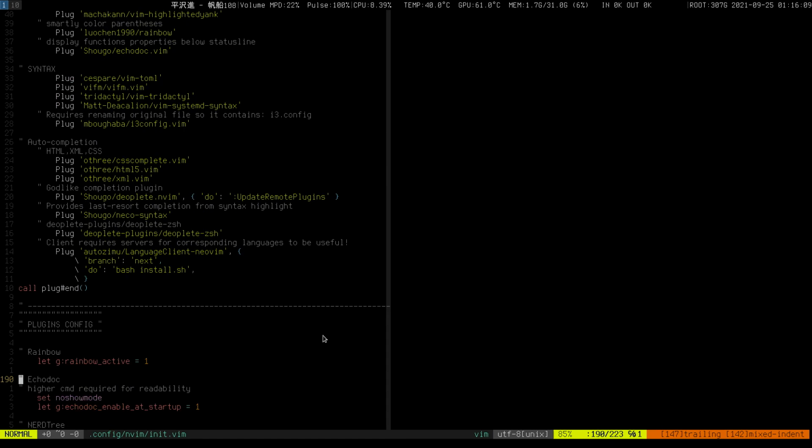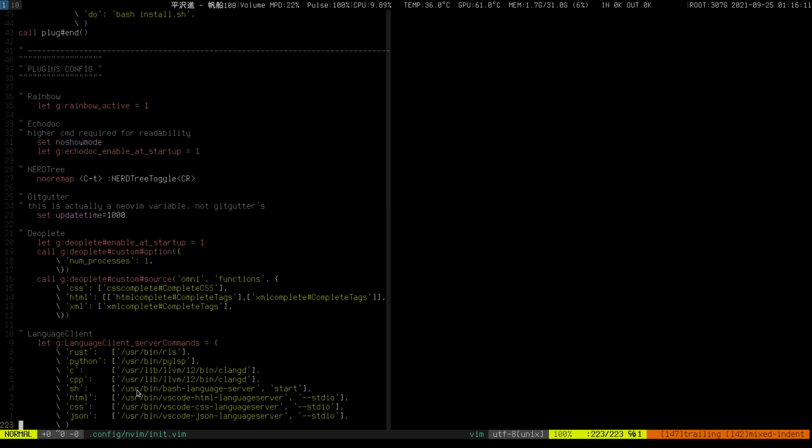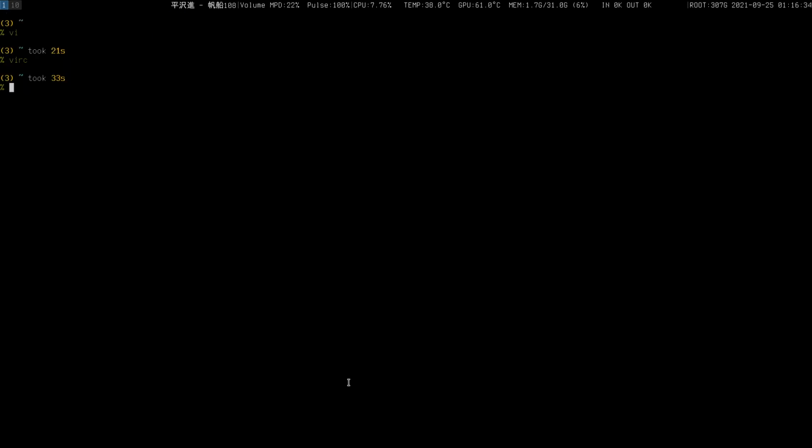I think so, though there are some language servers, like I'm using VS Code language servers because they actually work pretty nicely. Like the Rust language server, Python language servers, Clangd works really well. I didn't expect that. And the Bash language server, this is very nice if you're lazy. So yeah, that's pretty much it. Scripts. If you want to know anything more,